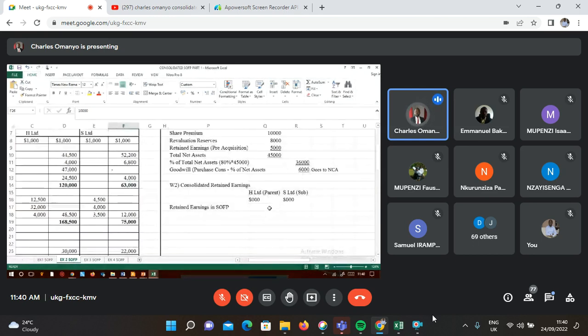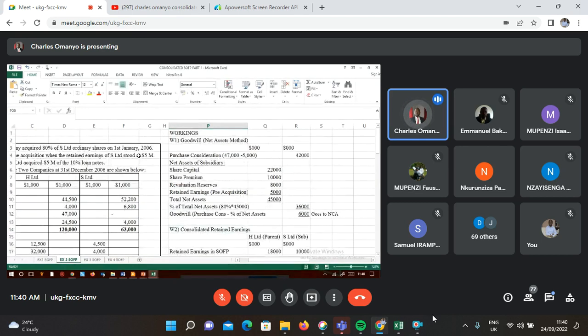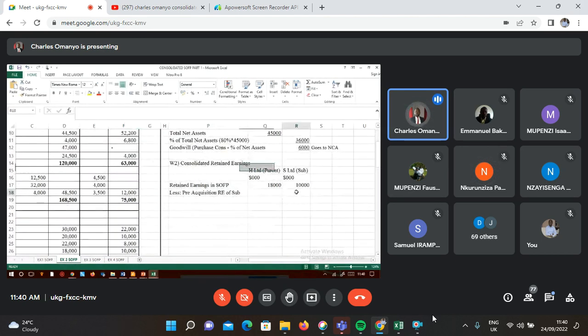Of the parent is 18,000. Of the subsidiary is 10,000. This question did not have any adjustments. So if there are no adjustments, you come and less the pre-acquisition retained earnings of the sub. What is the pre-acquisition retained earnings? It was given 5 million. So you come and less it there, 5,000. So the answer you get